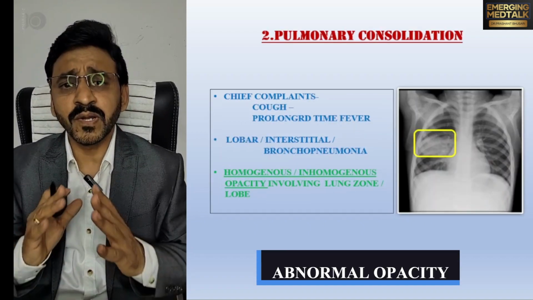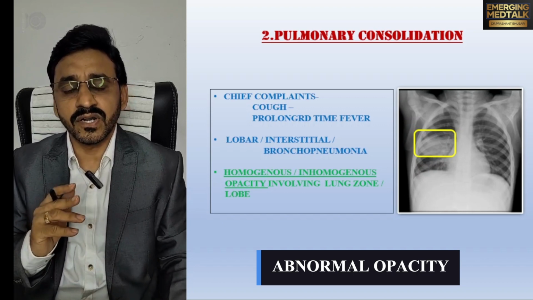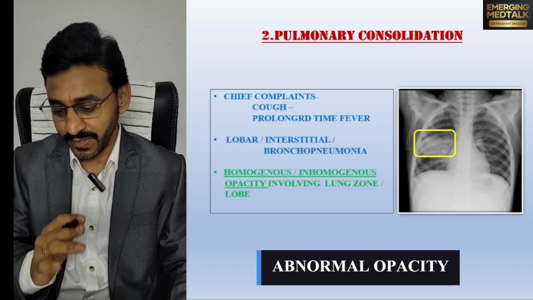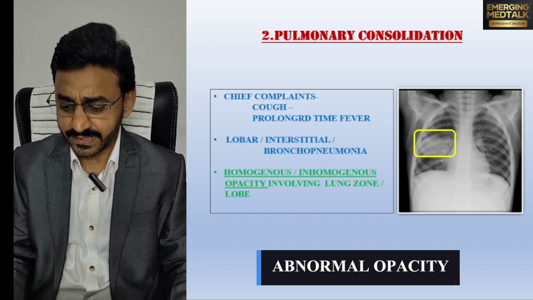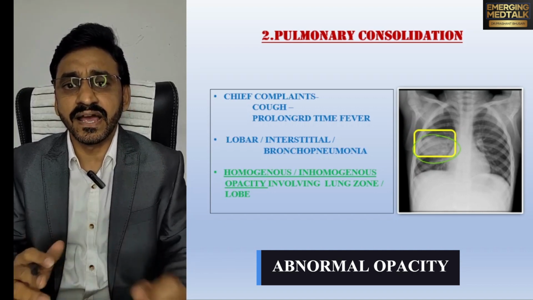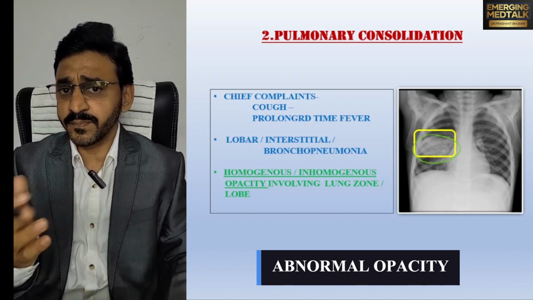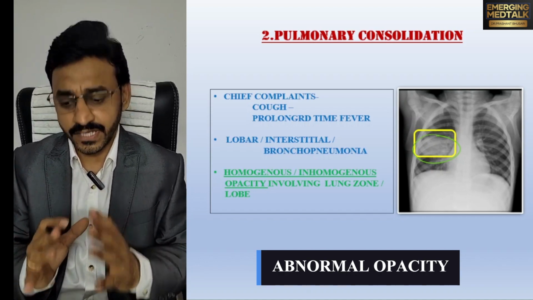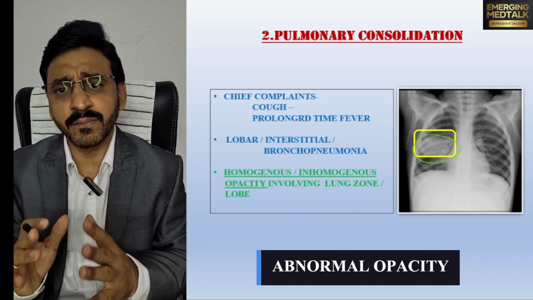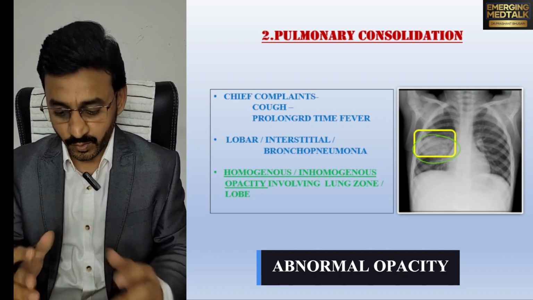Then pulmonary consolidation, where it is due to infection, we call it pneumonia, and we can see here radiopacity in the right middle lung zone. The alveoli are replaced by fluid or infective foci, and the pneumonia may be lobar, interstitial or bronchopneumonia,